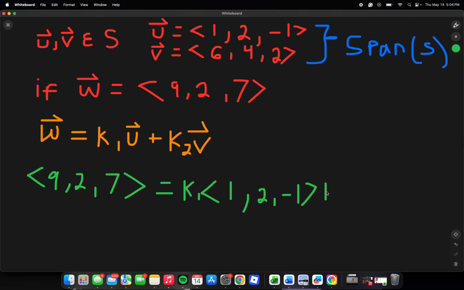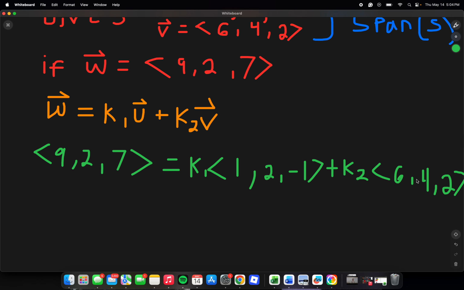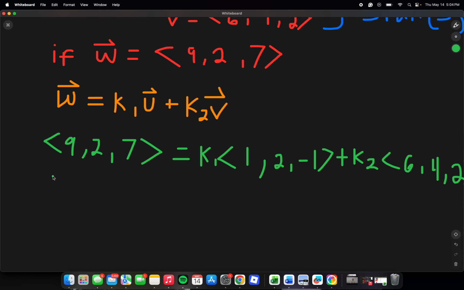And then we're going to add this to k2 times v, which in this case is 6, 4, and 2. I'll leave it to you to add these together, but hopefully you'll find that this vector 9, 2, 7, w, must be equal